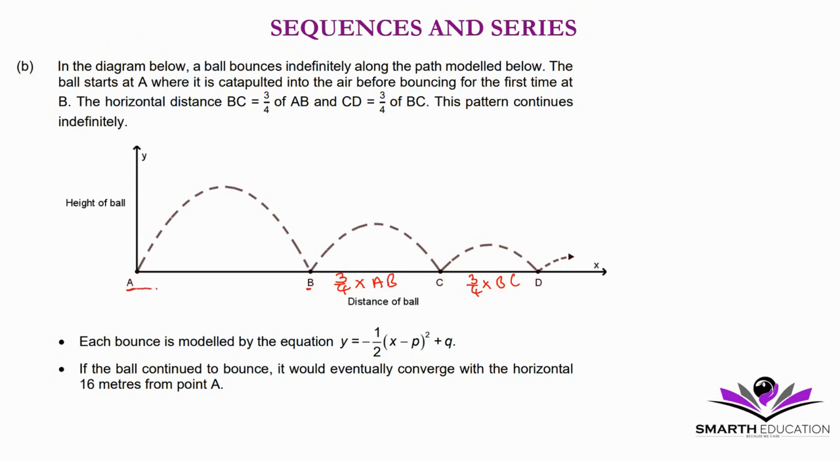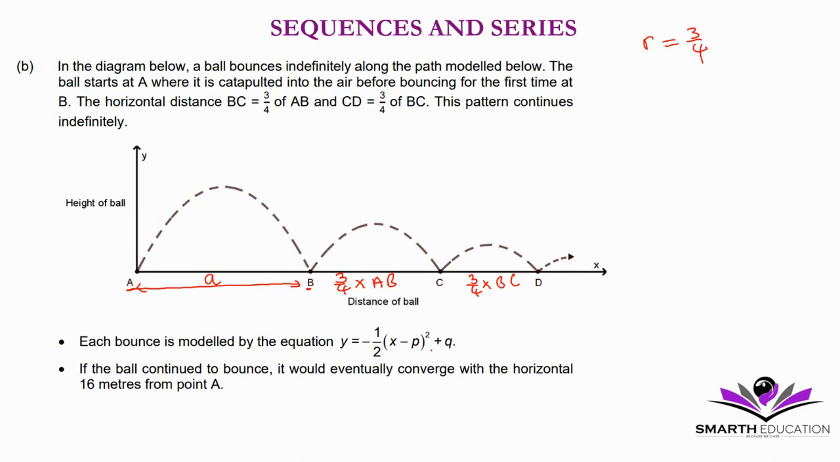So it means AB is our first distance, which is going to be A, the first term. And then to get to the next term, you always multiply by 3 over 4, meaning that 3 over 4 is the common ratio. Each bounce is modeled by the equation y is equal to -1 over 2 (x